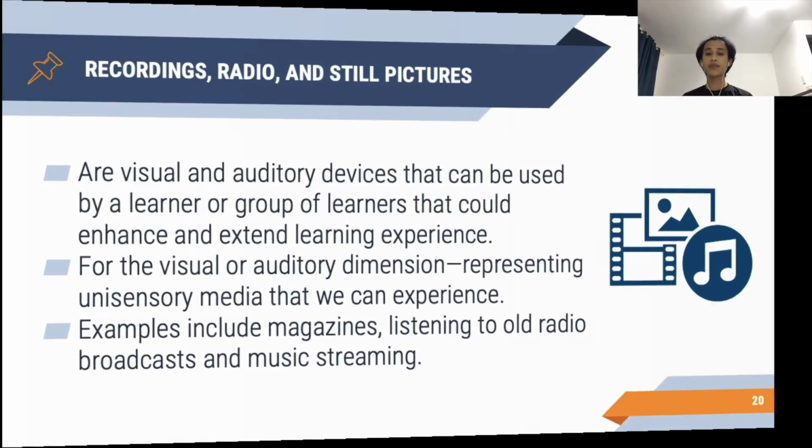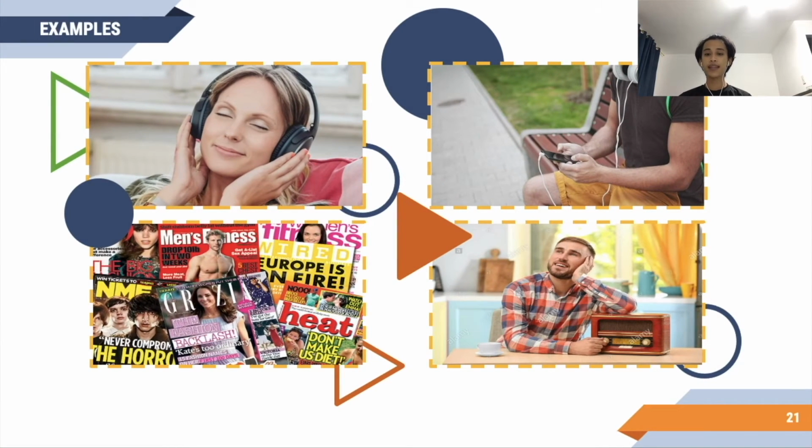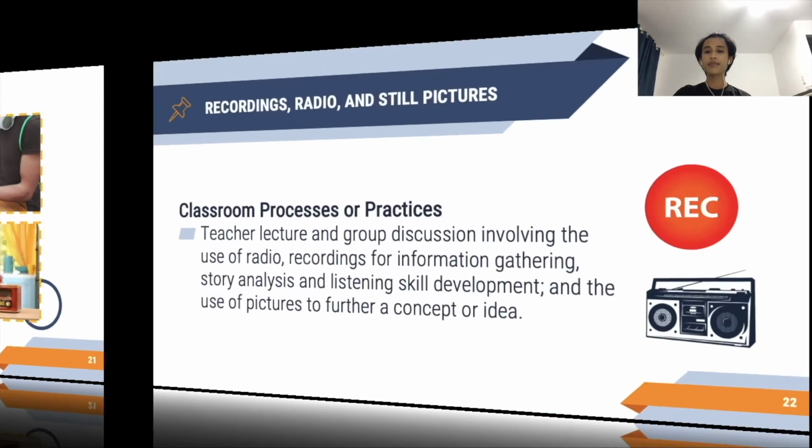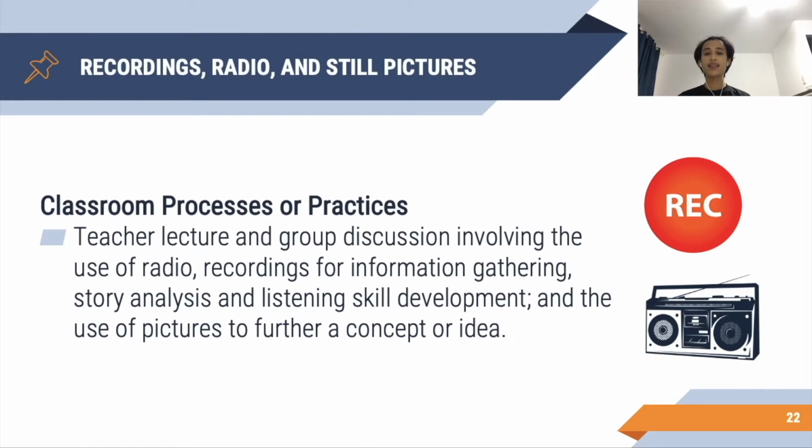For visual and auditory dimension, it represents unisensory media that we can all experience. Examples of this include magazines, listening to old radio broadcasts, and music streaming. Below are the examples of this strata. Now, in classroom practices, teacher lectures or group discussions are involved by the use of radio recordings for information gathering,